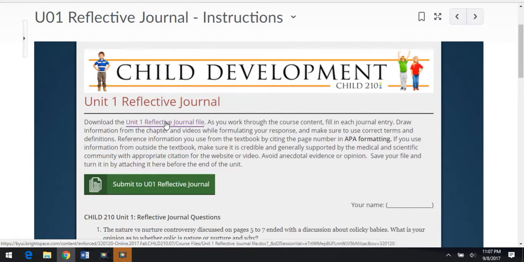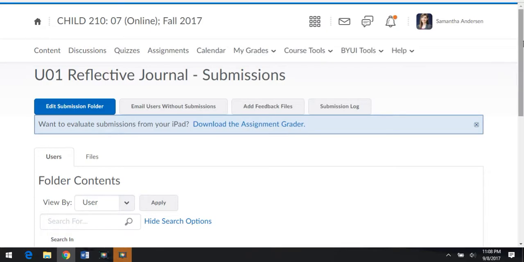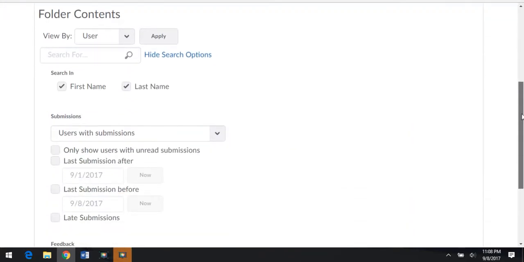Then what you're going to do is you save that file as you're going through the questions, and just keep saving it each time you work on the class. And then when you're finished with all of the questions for the whole unit, so all the chapters 1 through 4 for Unit 1, and then as you go on, it'll be the other chapters later. Then at the very end of the unit, before the due date, you're going to click here to actually submit the final finished copy of the journal. So it'll let you